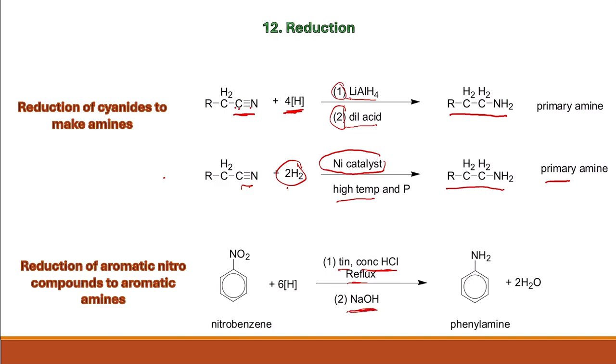The reason why we add sodium hydroxide in the second step is because what's generated from the first step is going to be the quaternary ammonium compound. So it's not just going to be phenylamine, it's the NH3Cl salt. So in order to get the phenylamine, the neutral compound